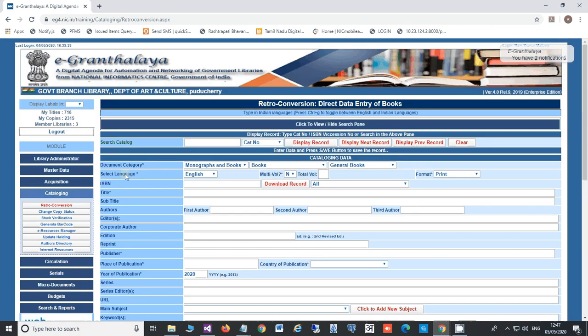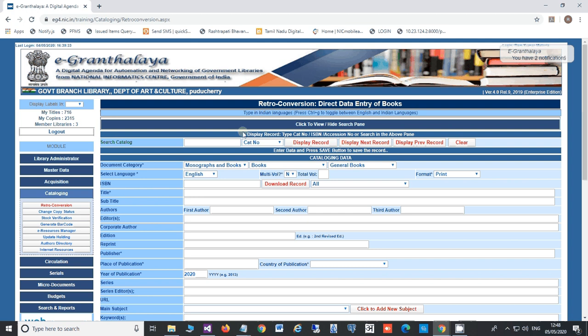Now the question comes: while doing data entry of books in retro conversion, how will you come to know whether the record of this book is already available in EG4? So I will just show you. There are various methods to know whether a record already exists for the particular book which I am going to enter.